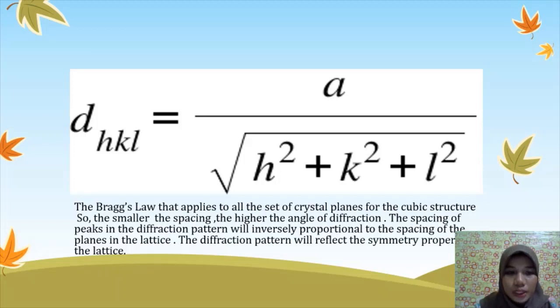The general equation of Bragg's law in crystal structure determination is d_HKL equal to a over the square root of h squared plus k squared plus l squared. This Bragg's law equation can apply to all sets of crystal planes for the cubic structure. So the smaller the spacing, the higher the angle of diffraction. The spacing of peaks in the diffraction pattern will be inversely proportional to the spacing of the planes in the lattice. The diffraction pattern will reflect the symmetry properties of